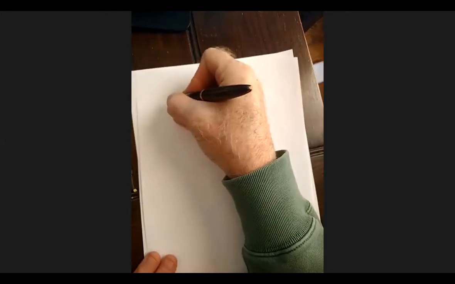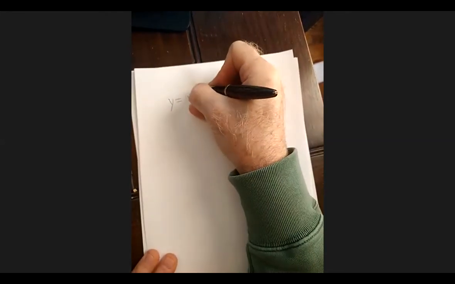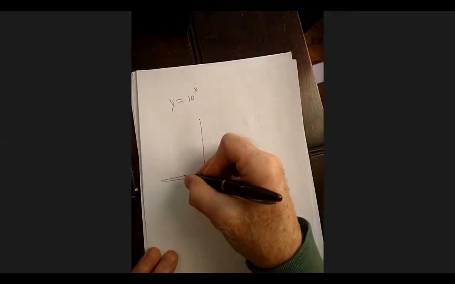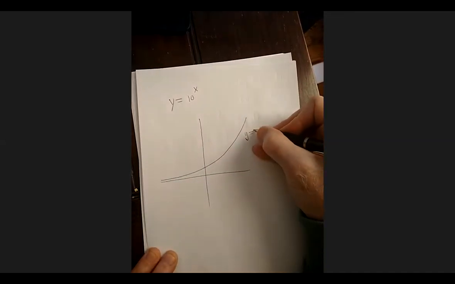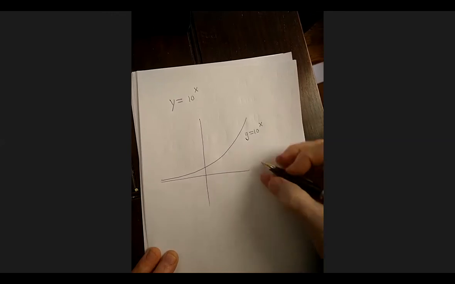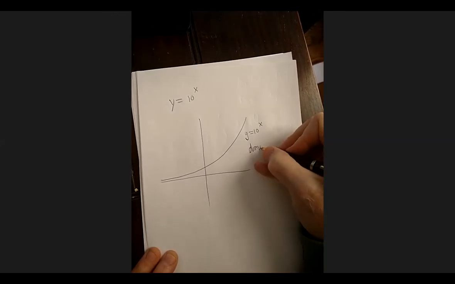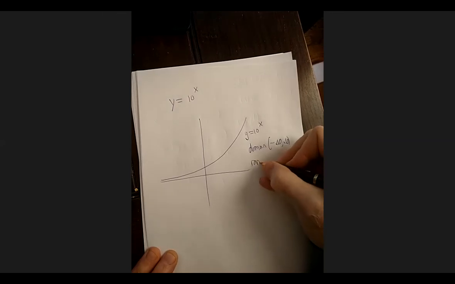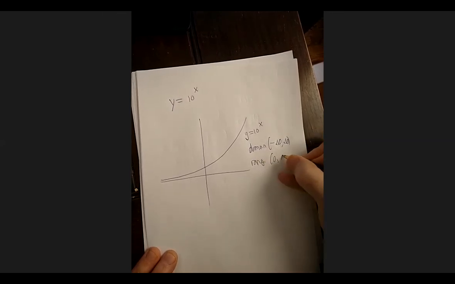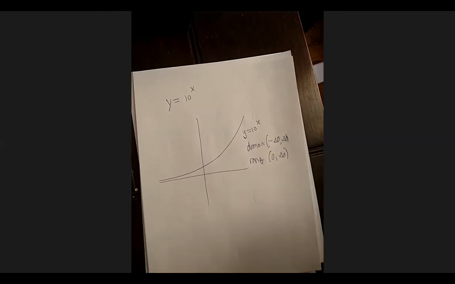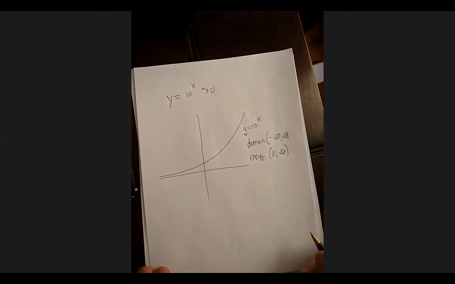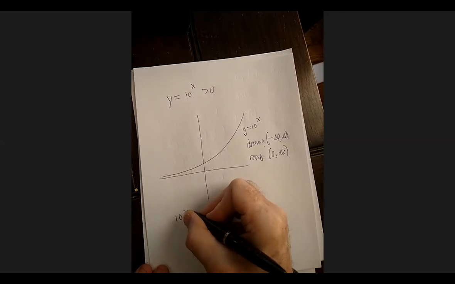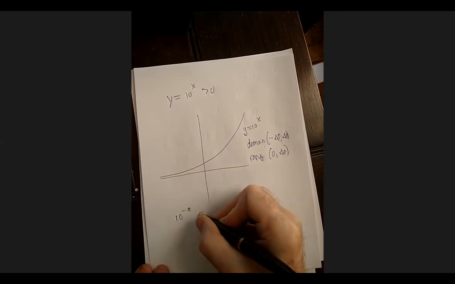Okay, so I want to look at this here. And we saw that if you graph it, it will look something like this. By looking at this, you can see that according to the graph, the domain is minus infinity to infinity. And the range is going to be 0 to infinity, always positive, like we just said. That has to be greater than 0. Now, the reason the domain here is all real numbers is because if we plug in 10 to a negative number, that just means a reciprocal.